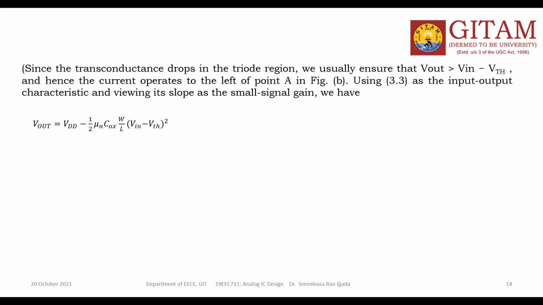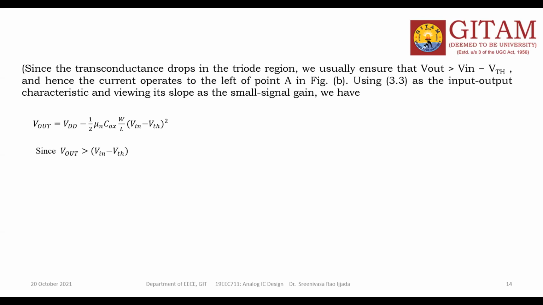So view the slope of, see, this is the equation. We already took this equation earlier. This is 3.3. So VDD minus half mu. I think here I forgot to write the RD value. Please excuse me. Otherwise, this is the voltage, this is the current. How can you subtract current from this voltage? So I forgot to write the RD value. Now, if you substitute here, you can write the RD value after the second term.